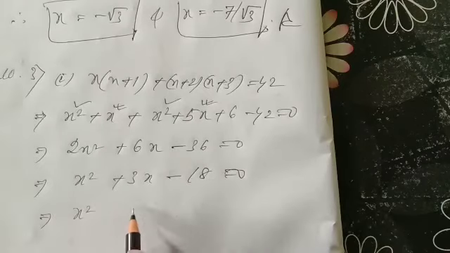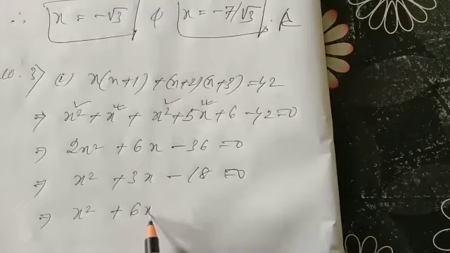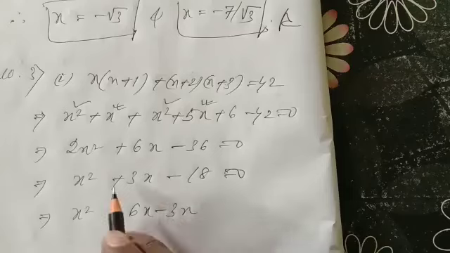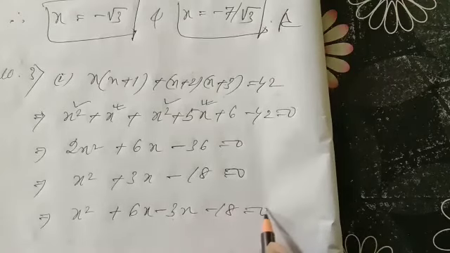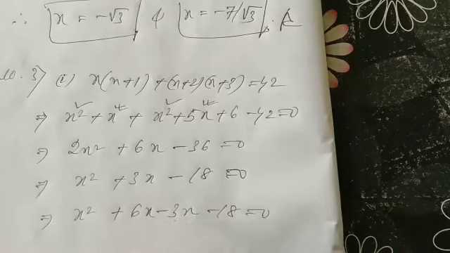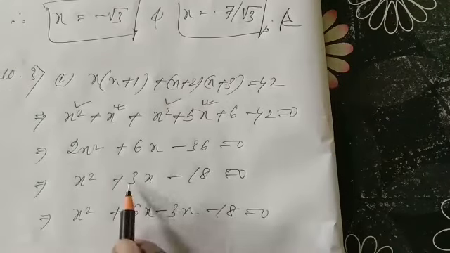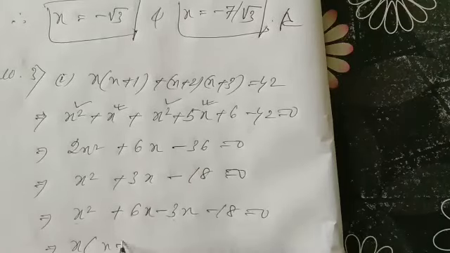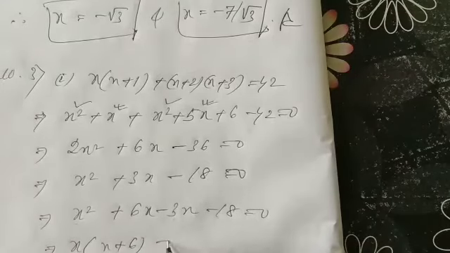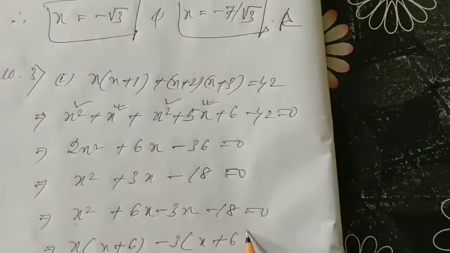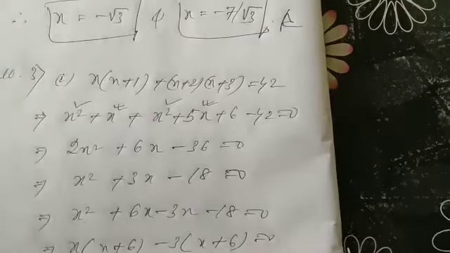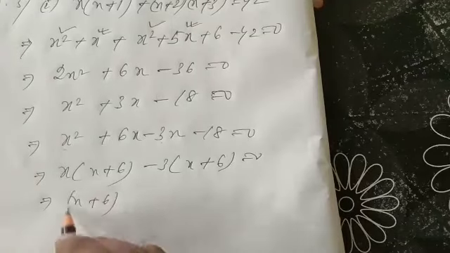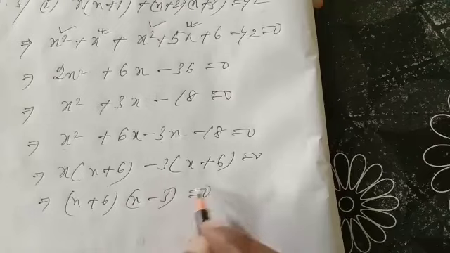The numbers are 6 and 3. That means plus 6x minus 3x. If you add, you will get plus 3x, and if you multiply, you will get minus 18x square. And this is minus 18. Just middle term is breaking, by which the addition will give you plus 3, multiplication will give you minus 18. Now from the first two, I have to take x common, left x plus 6. From the last two, I will take minus 3 common, that is left x plus 6. Okay. After that, you see what is left? x plus 6 whole into x minus 3 equal to 0.